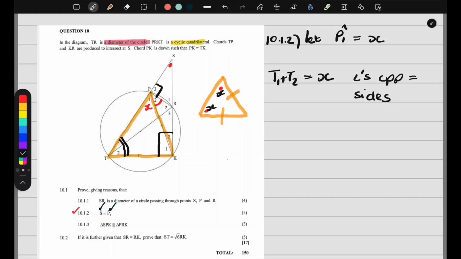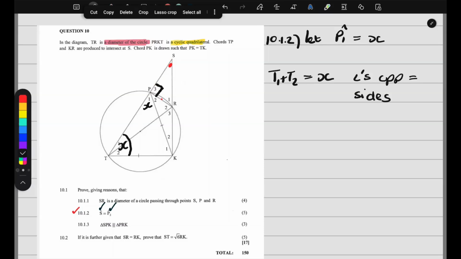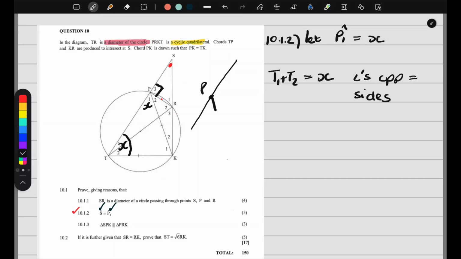Angles opposite equal sides. Remember, I have to prove that S is P2. So now I want to get to P2. Grade 12s, do you see? This is a straight line. Do you see angle P here? I'm just going to take it out so you can see. There you have a line and there you have a line. This is 90. We've proven that, eh? This is X. What is the value of this angle over there? That's angle P2. So can you see it's three angles on a line